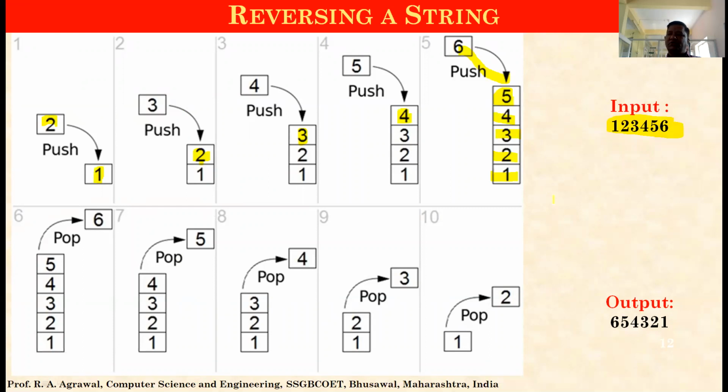This is your input string which we have added in the stack in the order 1, 2, 3, 4, 5, 6. Now when we pop elements from the stack, we know that the topmost element will be popped out first. In our case, the topmost element is 6, so it will be popped out first. Then the next top element is 5, then 4, then 3, then 2, and at the last it is 1. So by applying this, you will get the answer 6, 5, 4, 3, 2, 1, which is your string in reverse format.